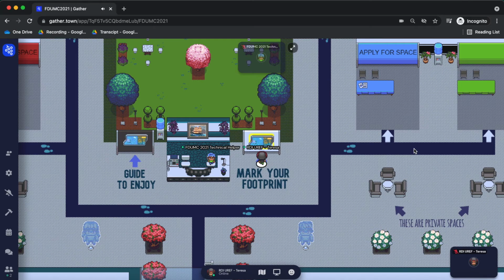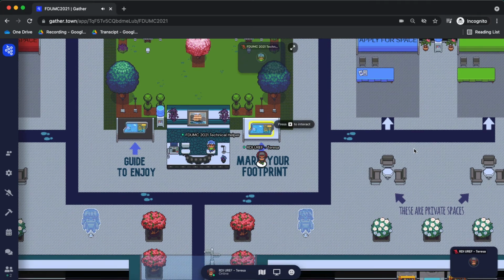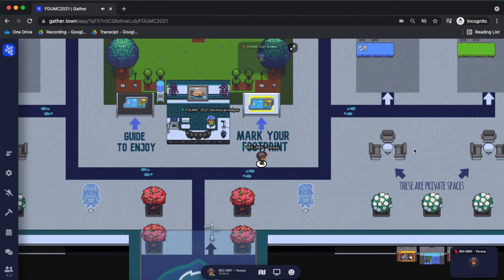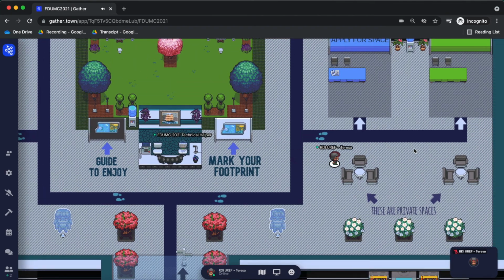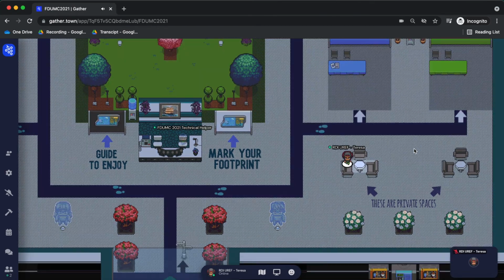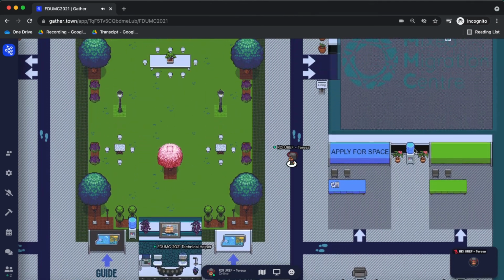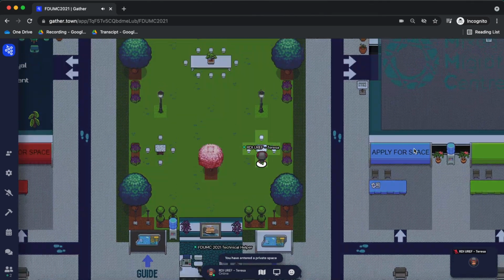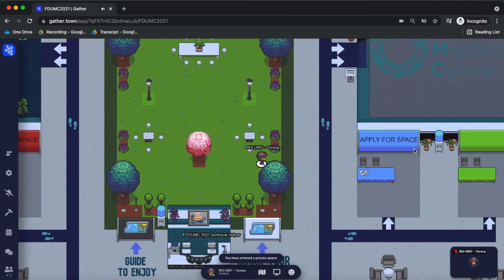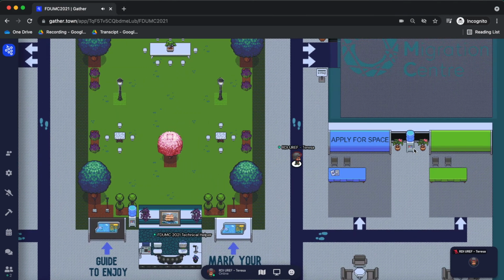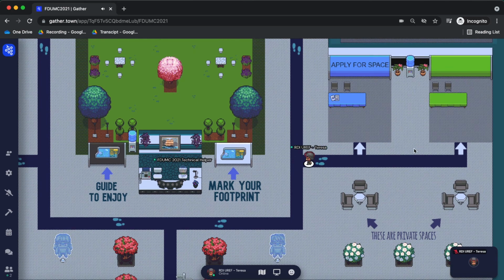Now let's go on a tour. You will find private spaces, virtual booths, several rooms in which the organizers and the other organizations will stand by and communicate with you. These are the example of the private spaces. So where there are chairs or tables, it means that it will be dedicated as a private space.